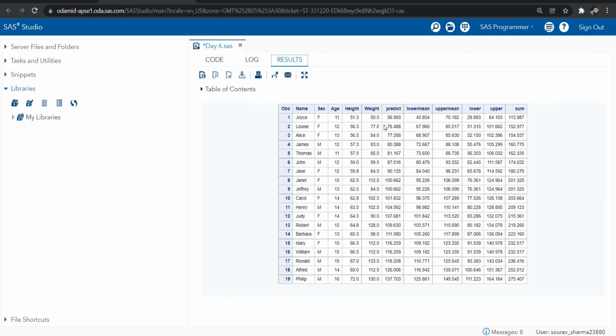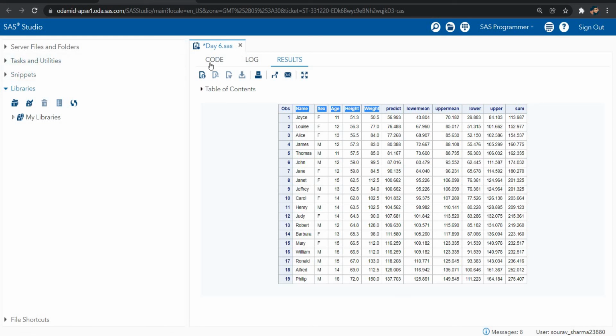In this data we have multiple columns, multiple variables: name, gender, age. Let's suppose you say I want specific ones in my data, not all of them. I want only these four.